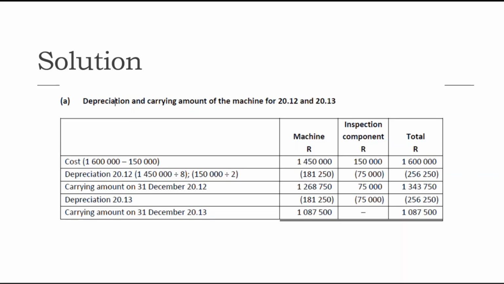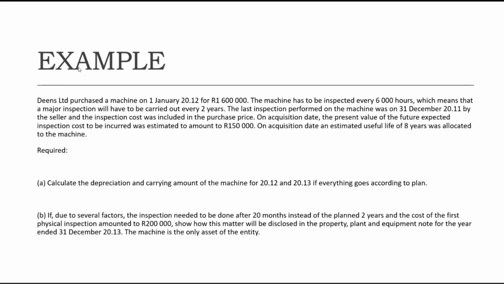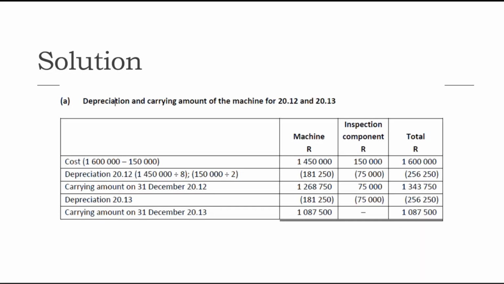Okay, thank you, Topo. This is a very, very good question. So the 150,000 was divided by 2 because the question tells us that for the inspection, we inspect this machine every 2 years. And here we've been able to separate out what the inspection cost is and what the machine cost is. So since we've been able to separate the machine cost from the inspection cost, now we need to apply a different useful life to each of the machine and the inspection. That is the reason why we had to divide